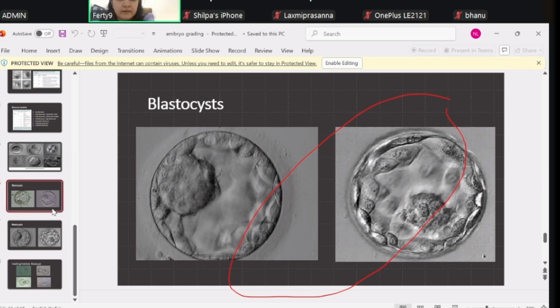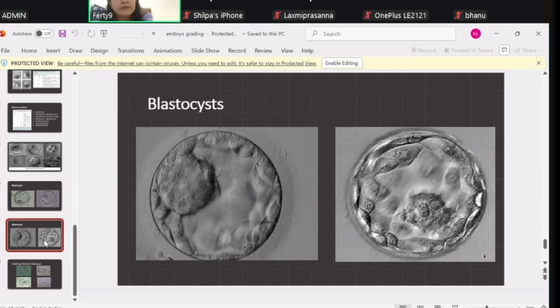So here, once the freezing has been planned, we will plan such that we freeze according to the grade of the embryos. So we plan such that the patient gets good grade of blast, and also the subsequent embryo transfers are planned in a better way. And also, if not embryo freezing, then we will be doing the fresh transfer. That is the embryo transfer in the same cycle where pickup has been scheduled.